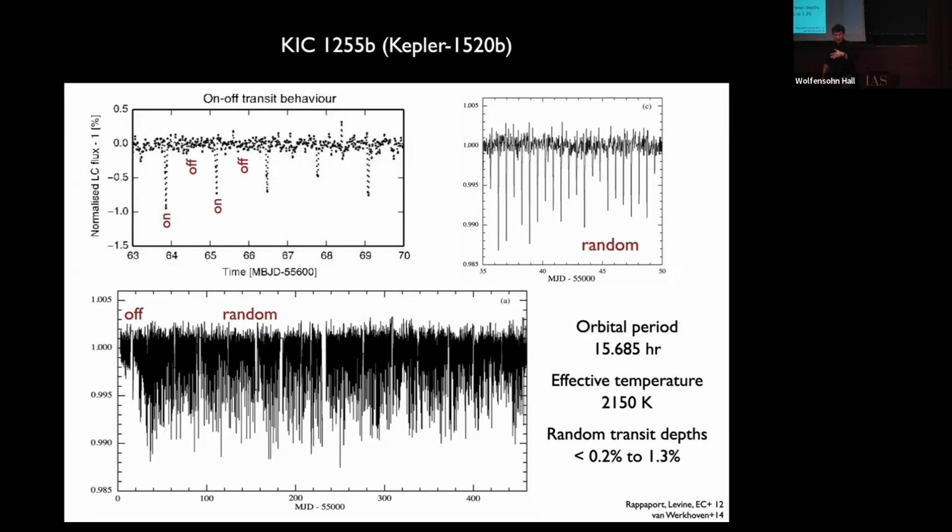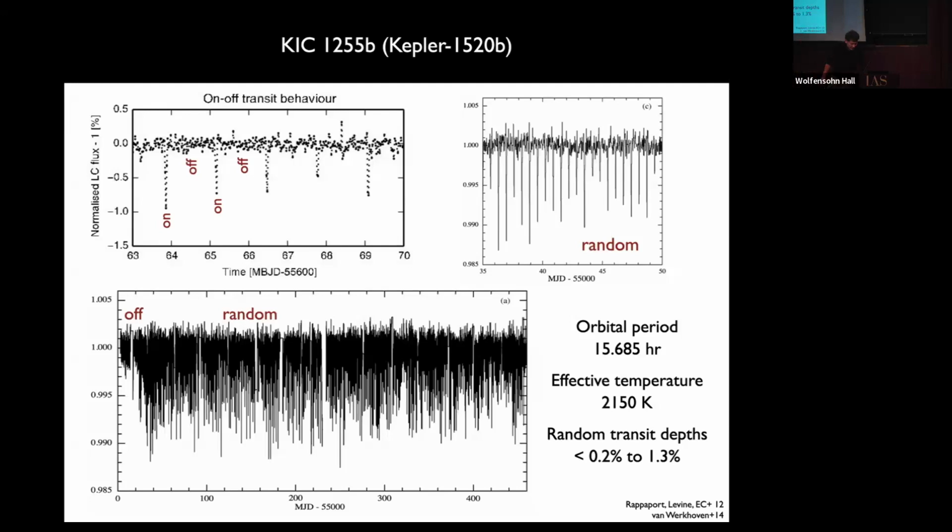The depth of the transit is such that the occulting area has to be the size of Jupiter. So a really big thing. But it can't be a hard sphere transit, right? Unless you can think of a way to take Jupiter and make it vanish in 16 hours. So we think what's happening instead is that it's a wind. It's coming off some object, and that wind is full of dust, and it's just really erratic and gusty.